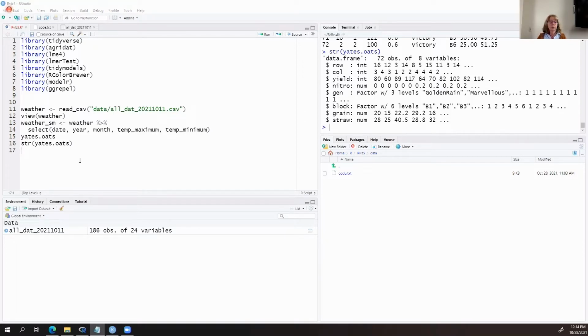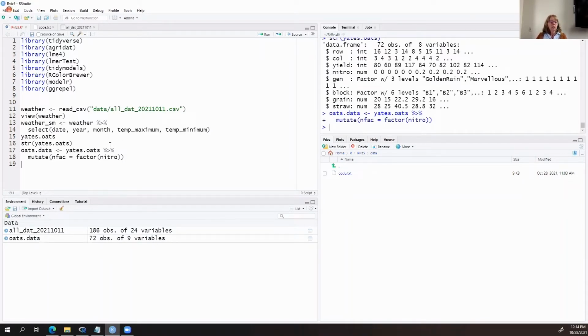And so we're going to make another object where we are going to mutate our nitrogen into another column called NFAC for the nitrogen as factor.